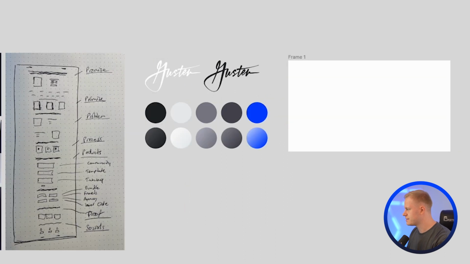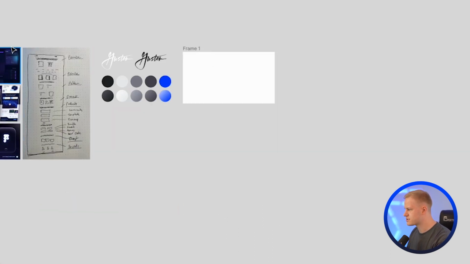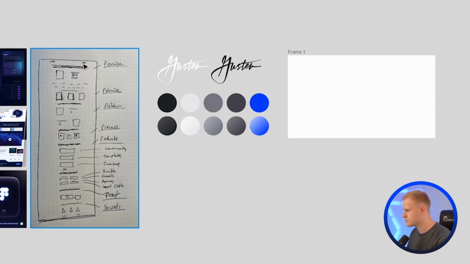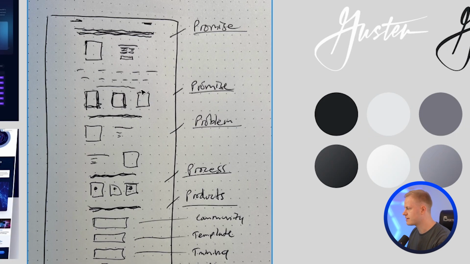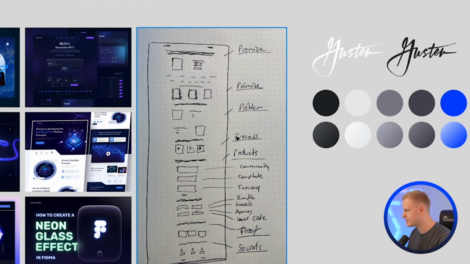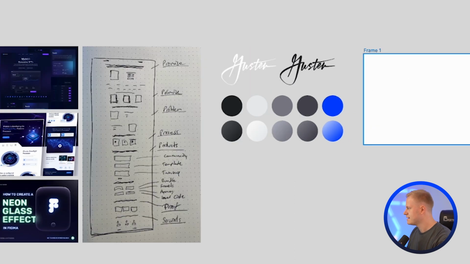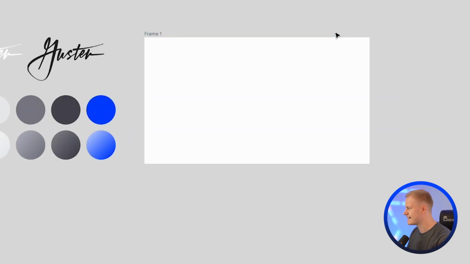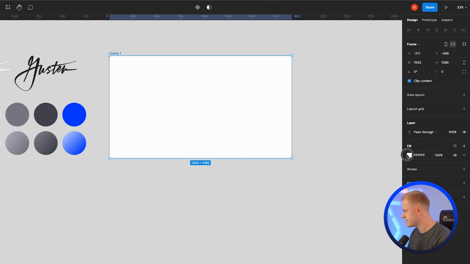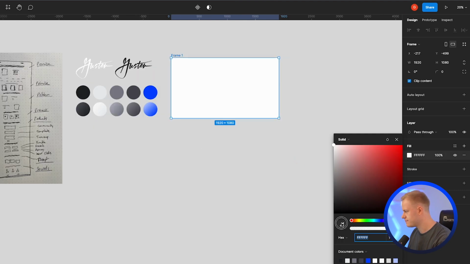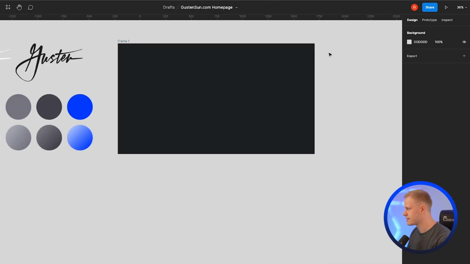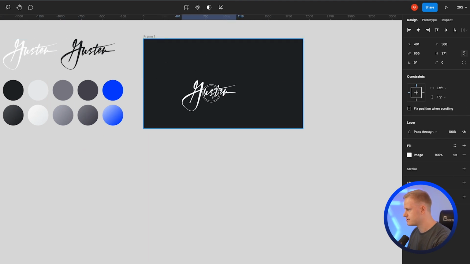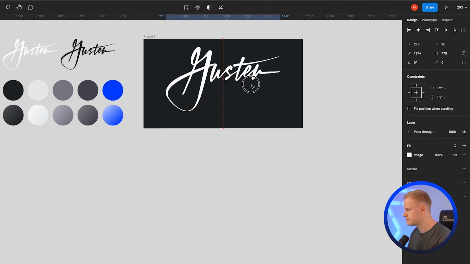So first thing I'm going to do is start with, you can see here, logo, support email. I use my 9P wireframe here: promise, problem, process, product, all of that. So I'm going to show you how I design an entire homepage. We're going to use the color picker right there. Let's see if we can use this as the,